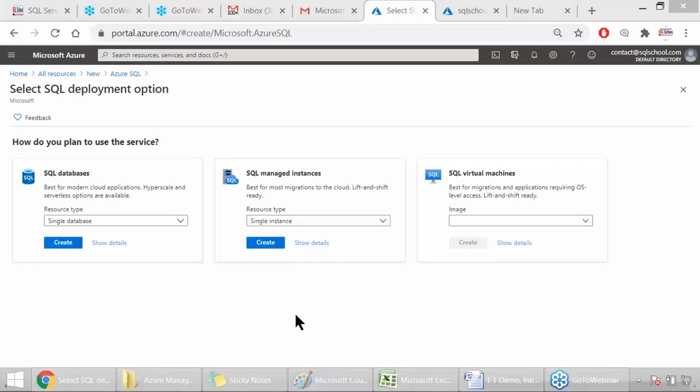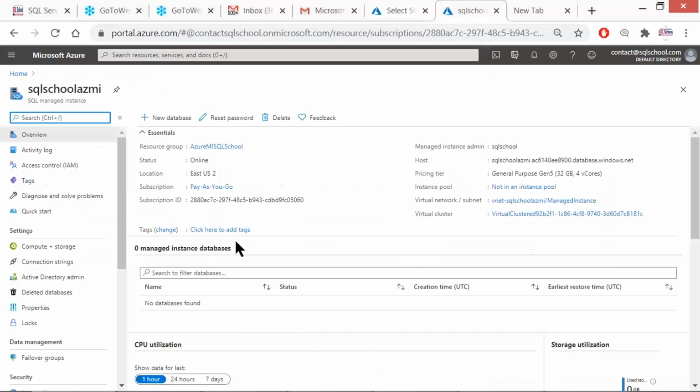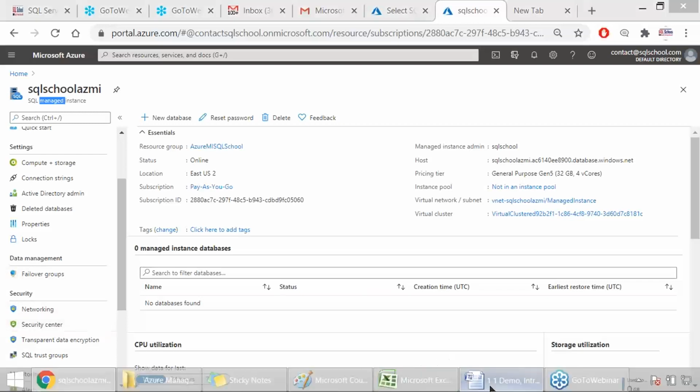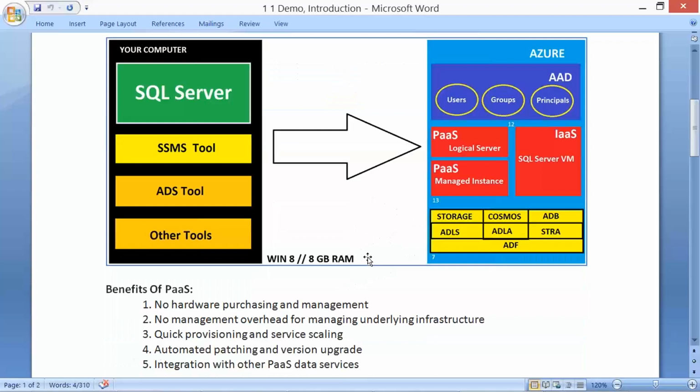Yes, here we go. To get into our Azure Managed Instances, to work with various options in the managed instance like creating new databases, playing with the compute storage, and working with Active Directory activities, failover groups, networking, security, and monitoring activities, let's understand the specific prerequisites.